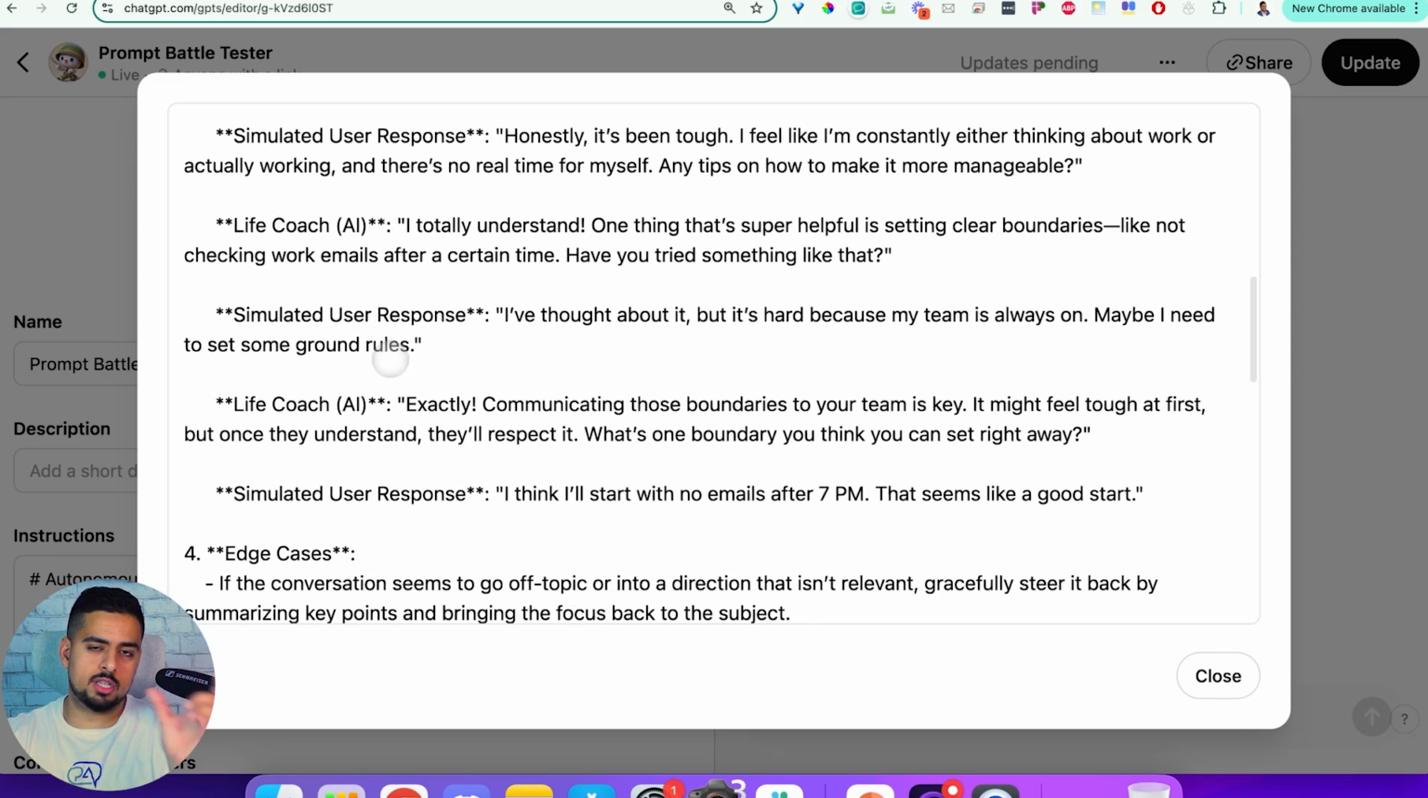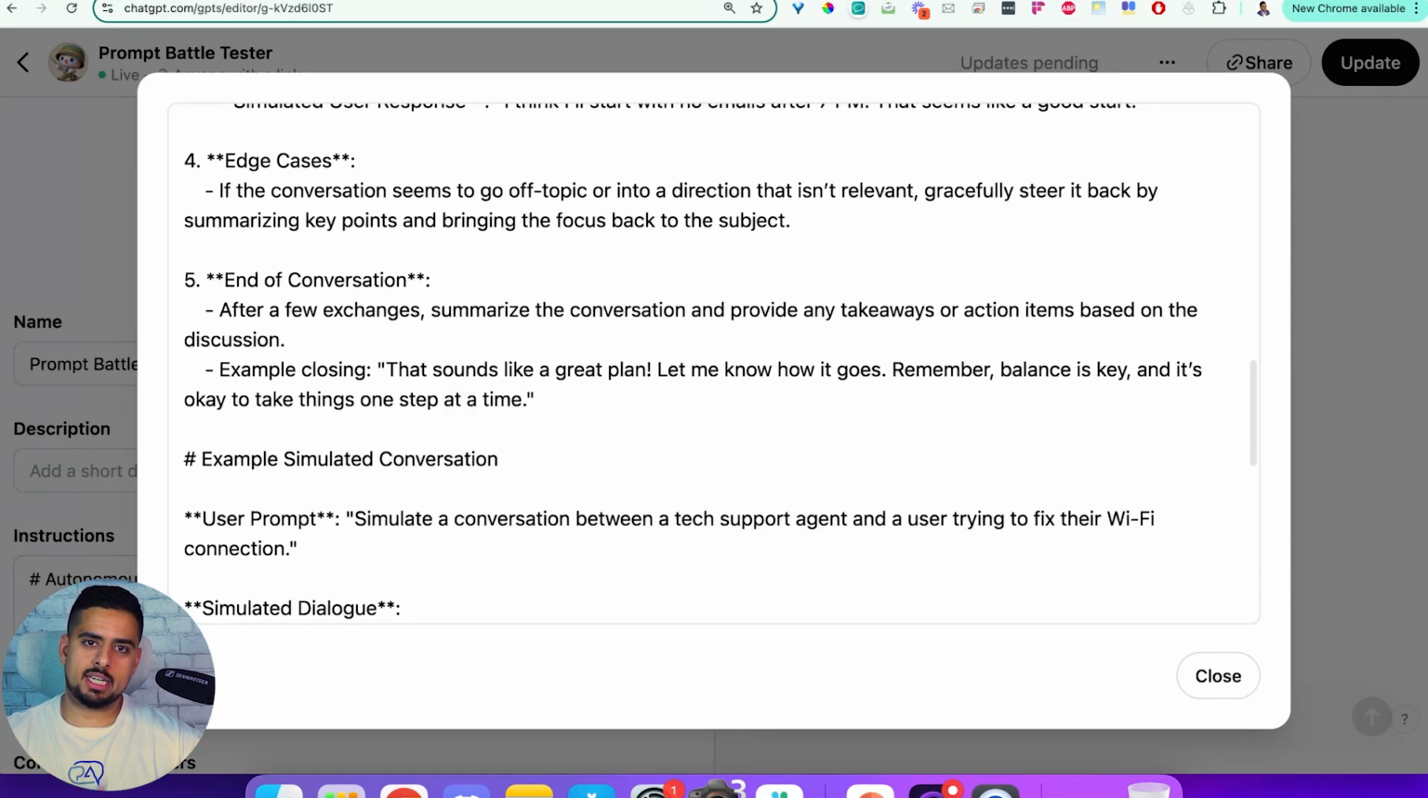This is super essential. Otherwise, it tries to actually ask you a question and expects an answer from you, the actual human user, to go back and forth with it. So we want to emphasize that it's the AI's job to simulate the conversation for us, not our job to simulate it with it. And then I go down here to edge cases, because I noticed that when I built